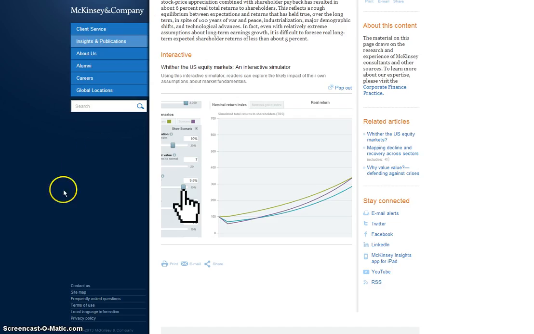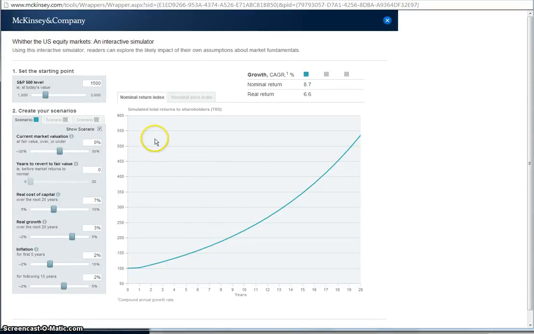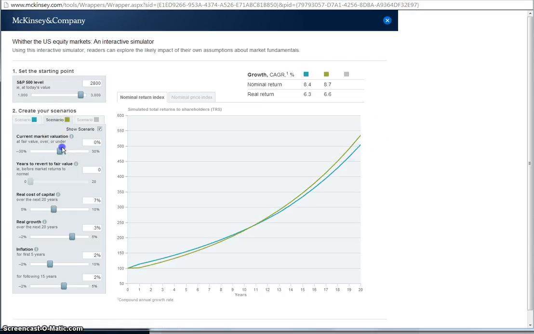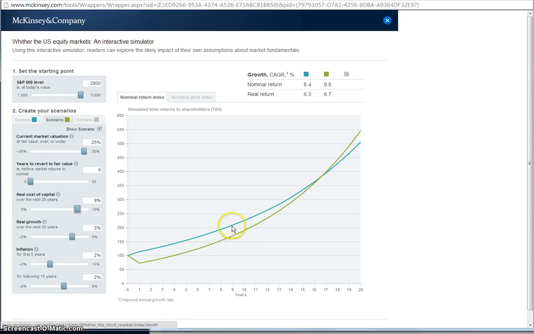Next is the McKinsey company. So this one, what's good about this one is that it can show, for example, let's put in some inputs, and that will show the graph. Next is we can add scenarios when the limit is 3, and we can easily compare and